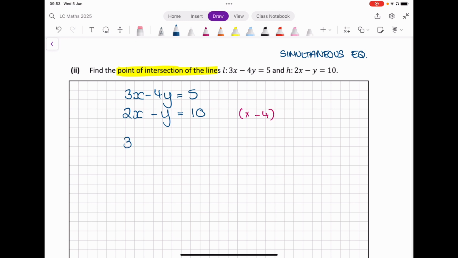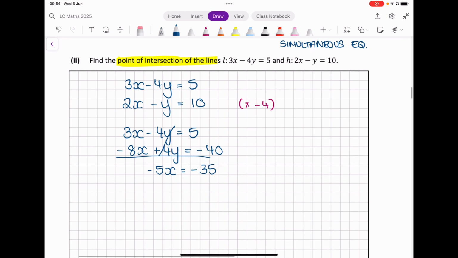So I have to multiply that bottom line by -4 to get it to change the sign as well. So the top line stays the exact same. And the bottom line then, I multiply the entire thing by -4, so I get -8y plus 4y now, because a -4 by a -y gives you +y, and that's all equal to -40. Now be careful there that you multiply both sides of the line by that -4. My y's are gone, and now I have 3x minus 8x, which gives me -5x, and that's all equal to 5 minus 40, which gives me